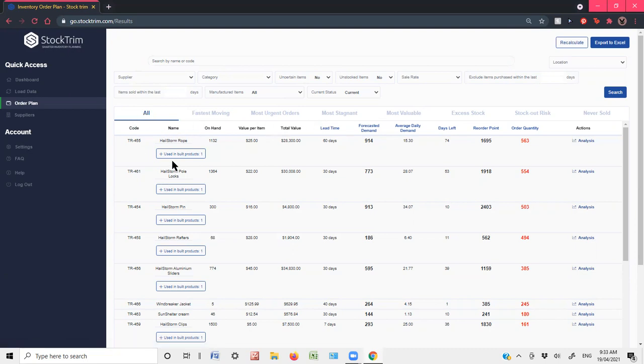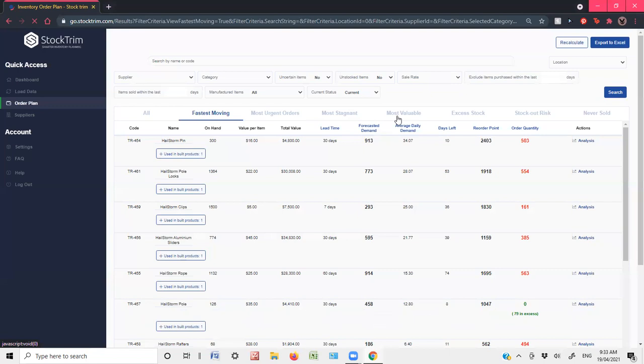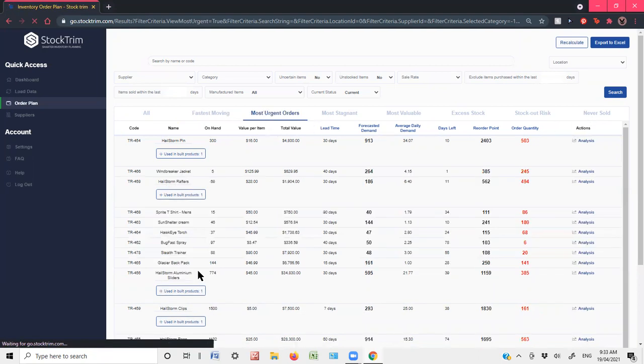So in this case, we're looking at all the products, or all the forecasts. You can look at the ones by fastest moving, most urgent orders, most stagnant, most valuable, excess stock, where there's stock out risk, and SKUs that have never been sold. If we look at the SKUs that are the most urgent to reorder, and we can handle